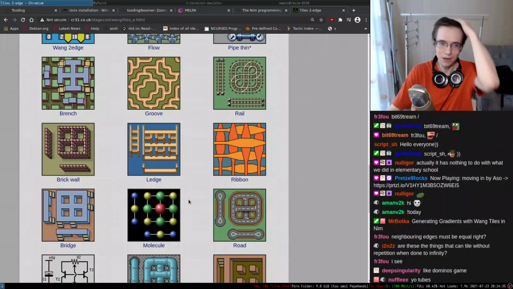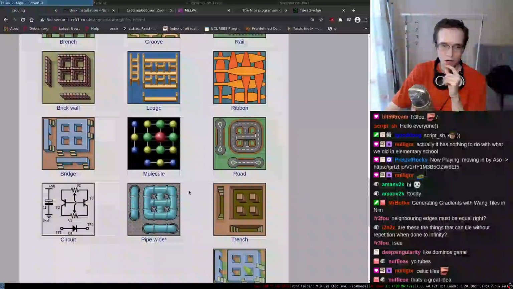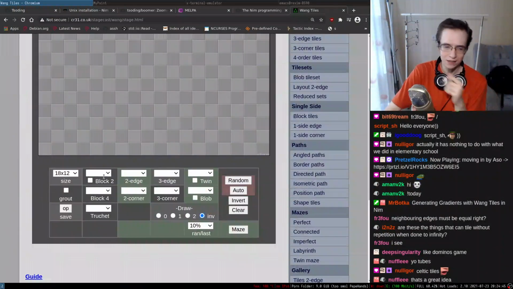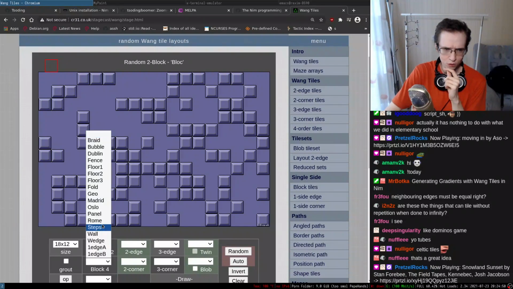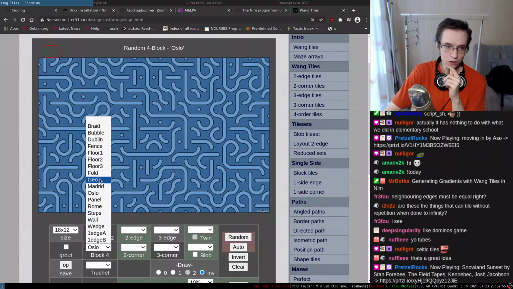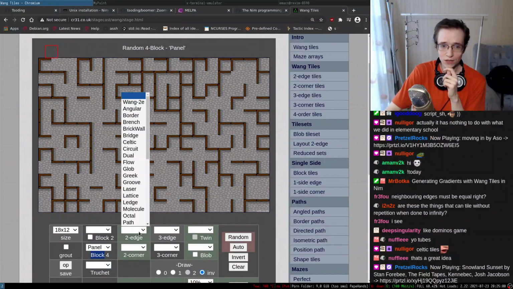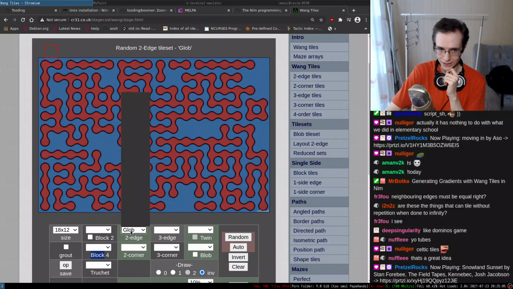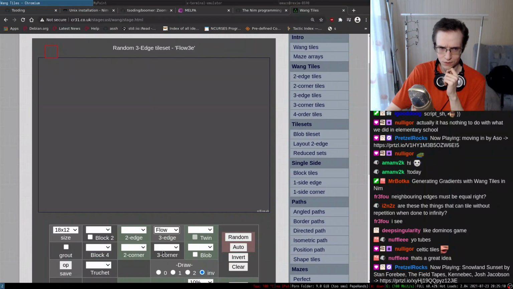But the tiles obey the law of matching with other tiles, and you have a full set of them. As far as I know, on this website they had a generator for different things. For instance, this one is not really that interesting. I think block 4 is the most interesting one. So you can generate patterns like this, or you can generate something like that. All of that is generated with Wang tiles, but you need to have a predefined set of Wang tiles to actually match all of that. So there's a lot of interesting things in here.